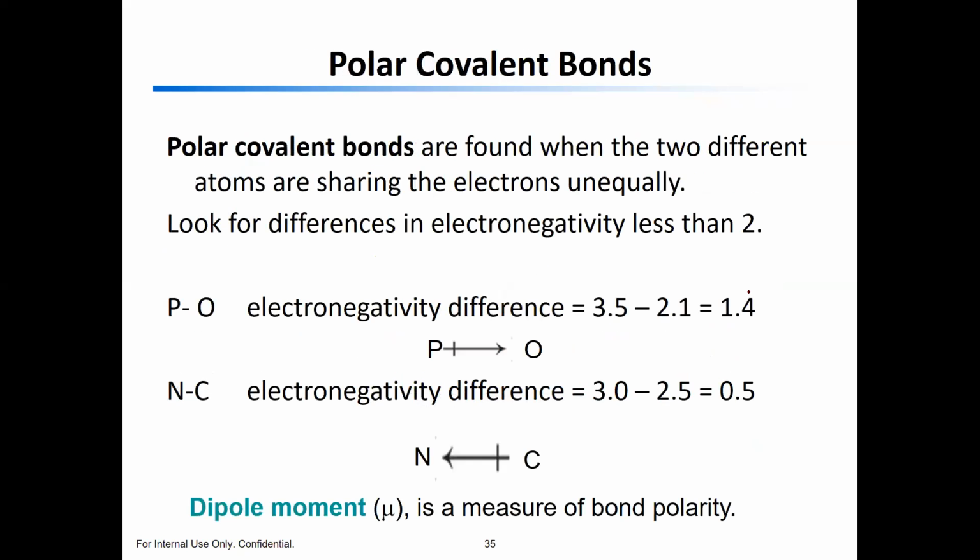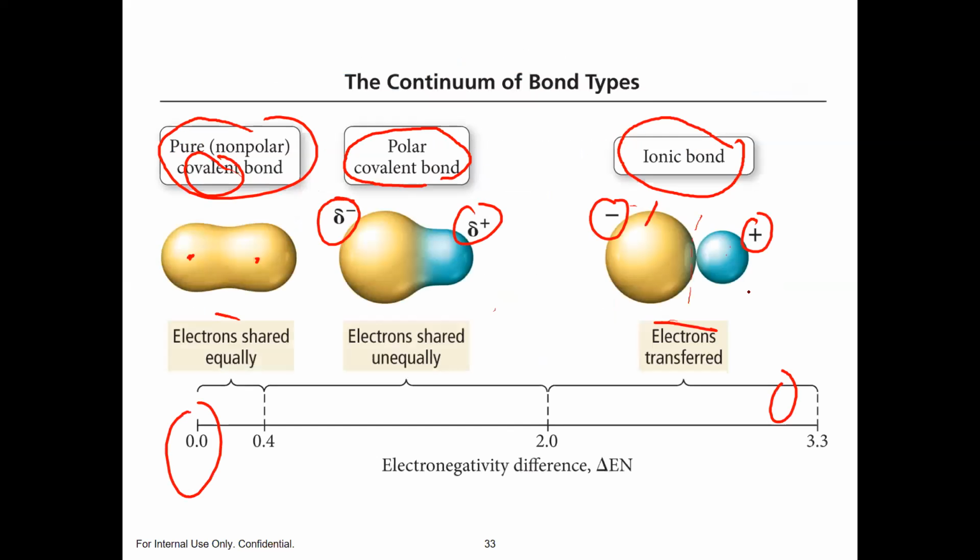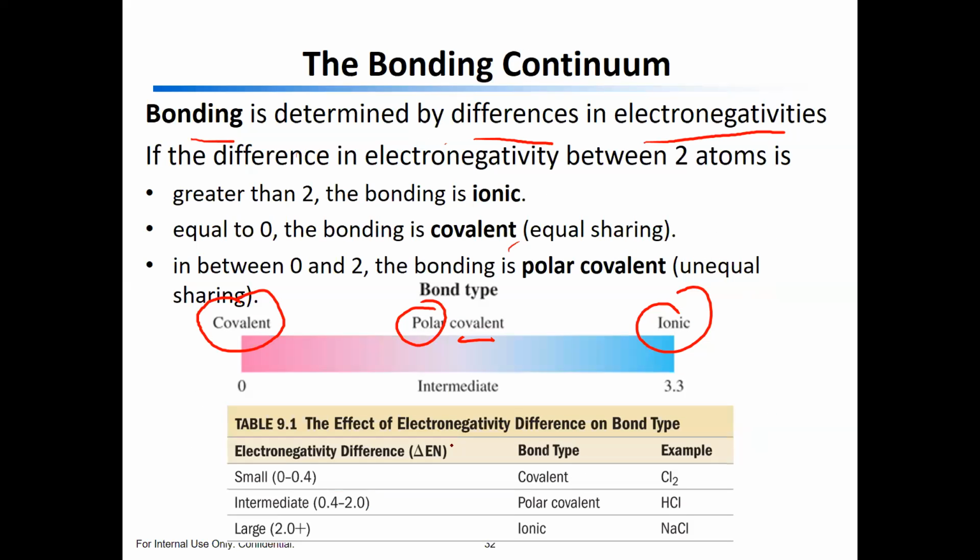And what are we going to do with that 0? We're going to go back to this table here. If the difference is between 0 and 0.4, that's a covalent bond. If we subtract the two numbers and it's between 0.4 and 2, then we call that a polar covalent bond. If we subtract the two numbers and the number is bigger than 2, then it's ionic. So this gives us a guide on how to tell quantitatively, instead of just guessing,